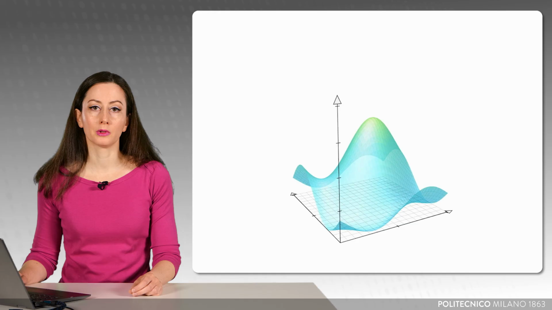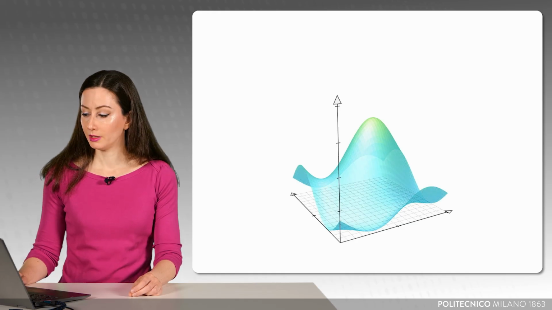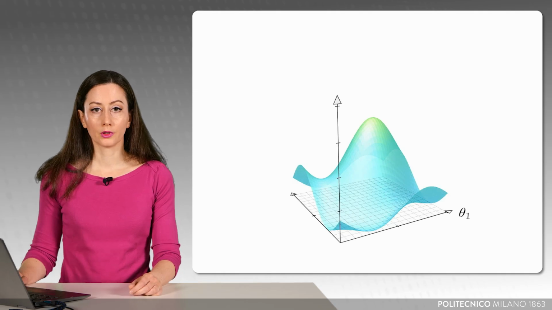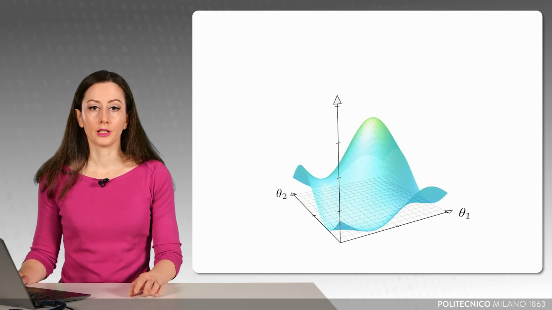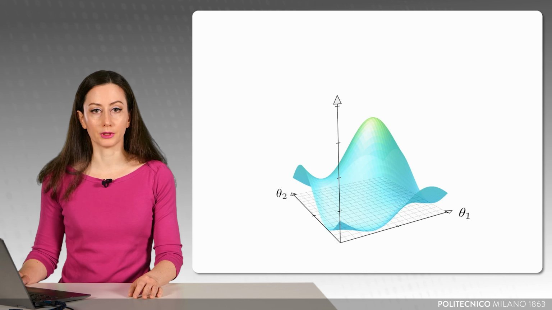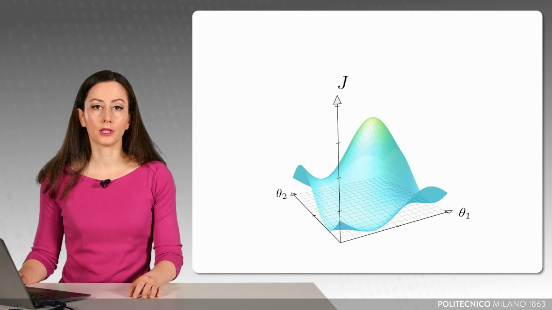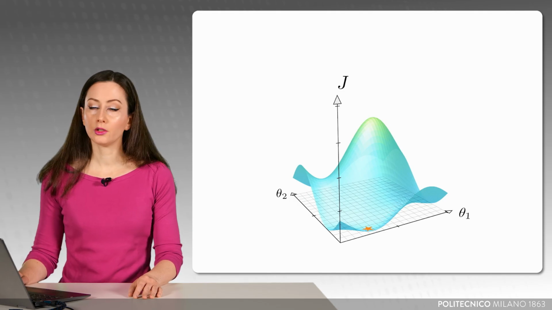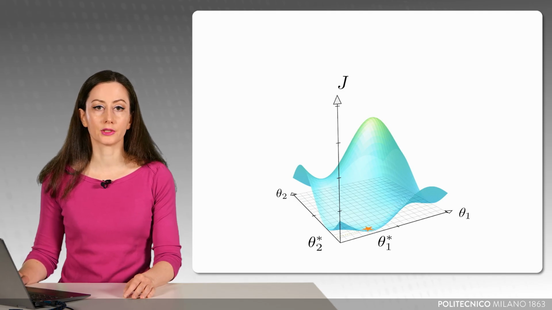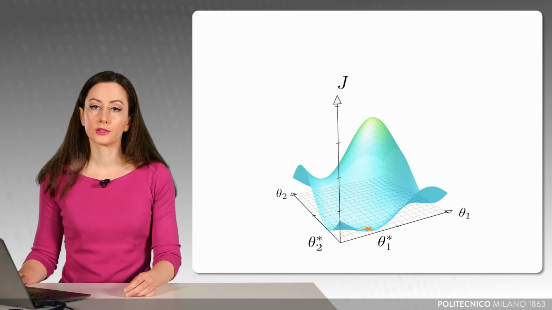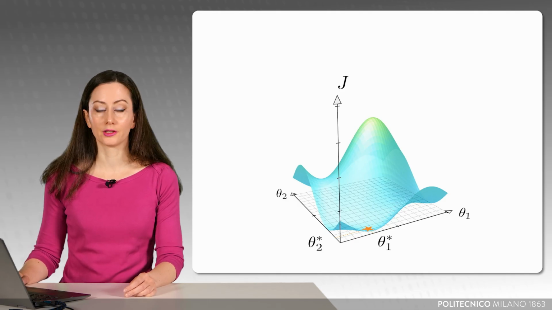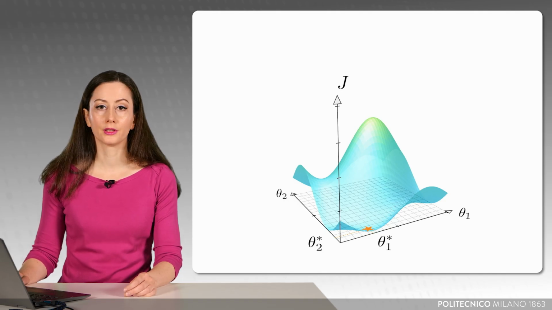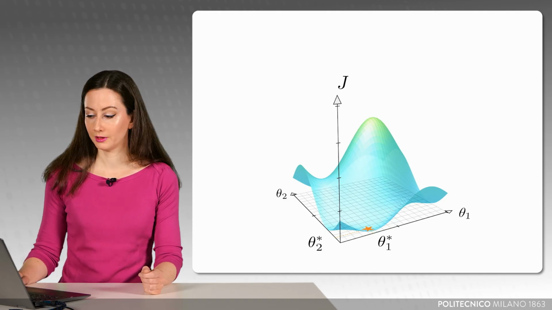So before solving the problem, let's have a look at the function J. It can be represented as a surface in the space R3. On the two horizontal axes, we have the angles θ1 and θ2 in radians, while the value of the square distance, J, is reported on the vertical one. Our goal is to identify the two angles θ1 star, θ2 star that are associated to the minimum point, the star. Those angles are the ones that bring the tip closest to the desired target point. And the question is, how can we find them?